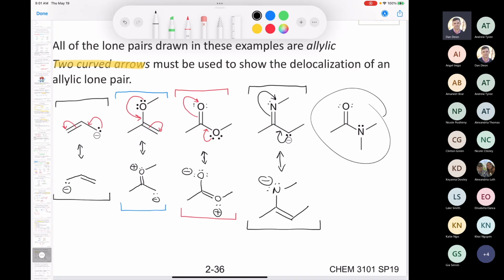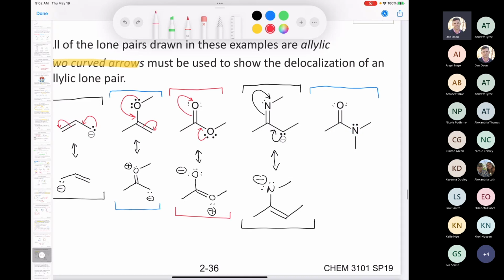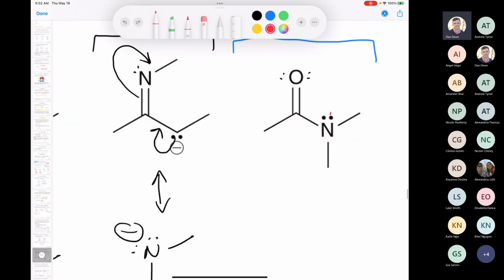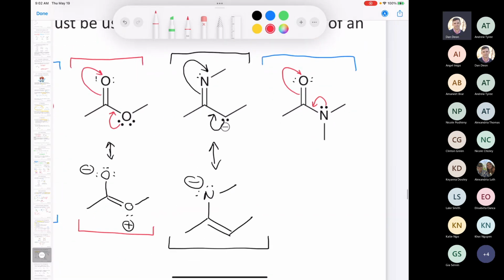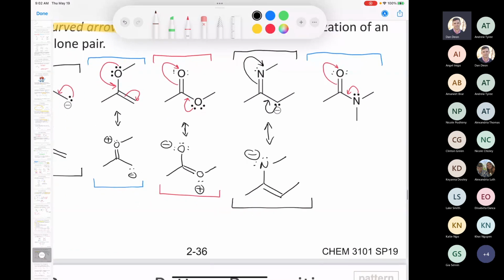So we can draw a resonance structure for just a plain old, regular, run-of-the-mill, everyday normal amide. We put our pi bond here. We have a lone pair here, so we use the same old pattern where we're going to take the lone pair and make a double bond here, and we're going to take the double bond and break it. And now we can draw the resonance contributor,